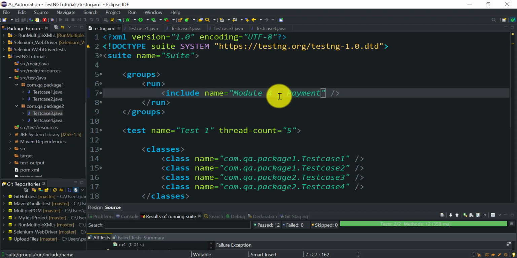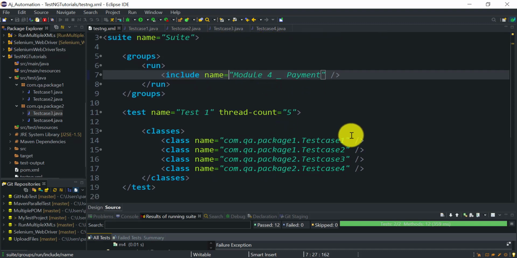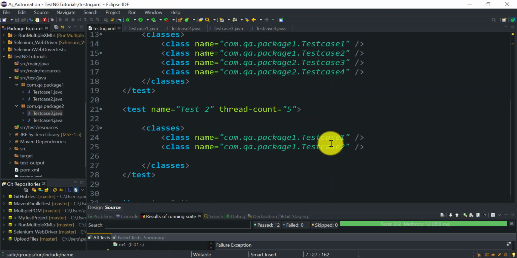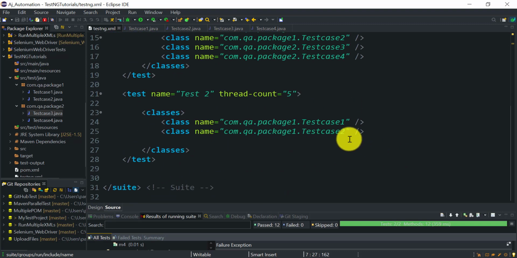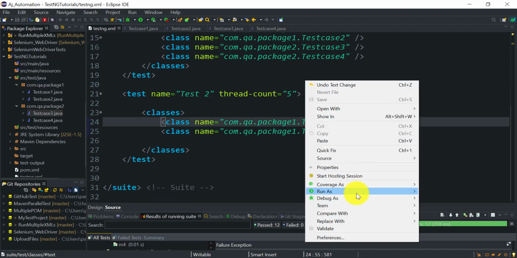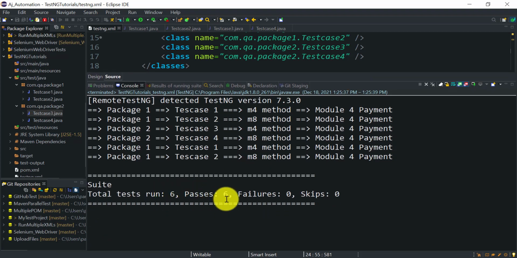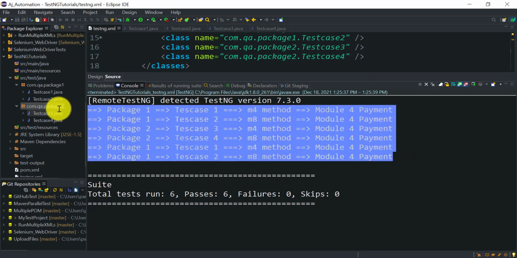So TestNG should execute all the test methods related to this module 4 functionality from test case 1 to test case 4 as part of test 1, and as part of test 2 it should include the test methods which are testing module 4 functionality from the test case 1 and test case 2 classes. So previously it had run 12 test methods, and now we can see it has run only 6, right, and all are related to our payment functionality.